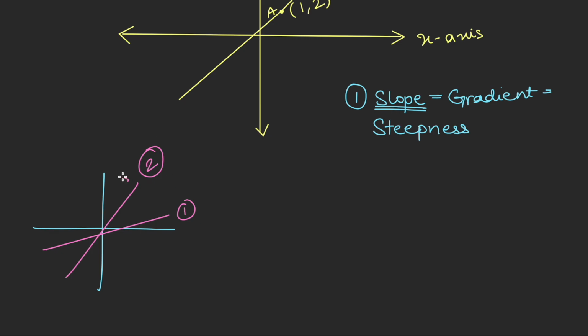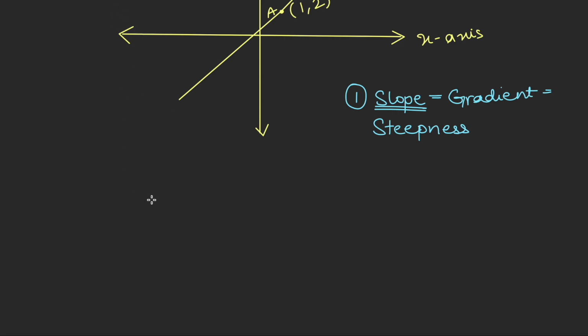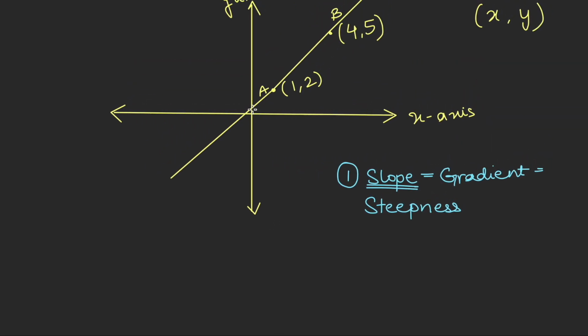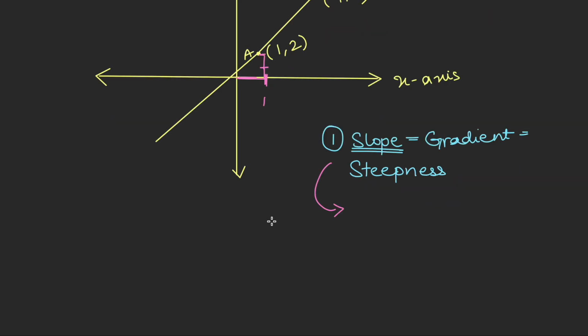So basically the slope is the degree of steepness. How close am I getting to the y-axis? How much can I incline these lines? So the gradient is basically that if I were to move one step in the x-axis, how many steps do I need to move in the y-axis? So the simple formula of the slope of any line is equal to rise upon run.